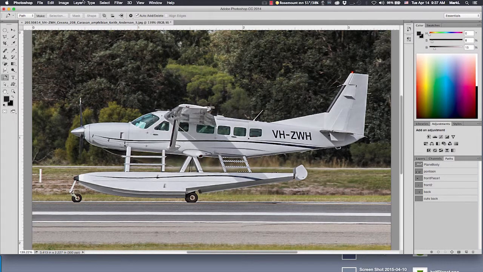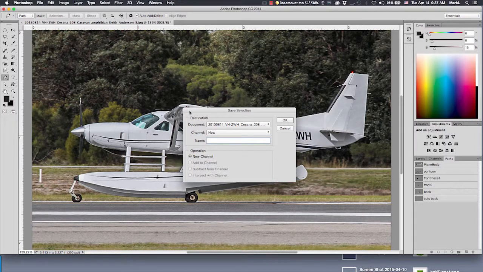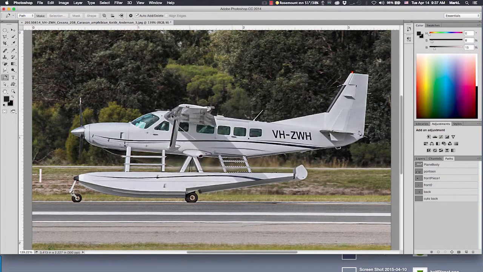So I'm going to take this back piece and load it, save it as a selection. I'm going to name it back. I'm going to deselect and take this cuts back. I'm going to load it here. And it looks like I don't have anything there. So let me take the pen tool and quick like a bird redraw